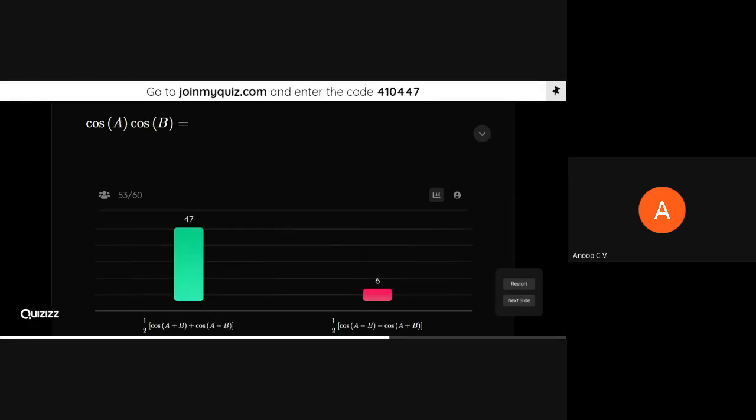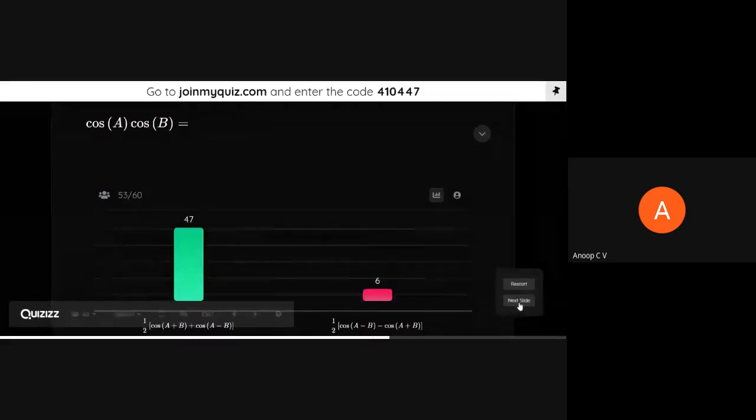When we are multiplying a message with a carrier, it's actually a product: cos 2 pi fct times cos 2 pi fmt. So it's a product. At that time, if we have to simplify it and find the spectrum, we'll have to use this expression, right? Excellent. And what is half of cos A minus B minus cos of A plus B, right?